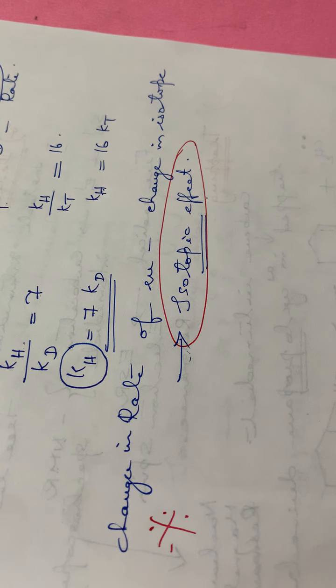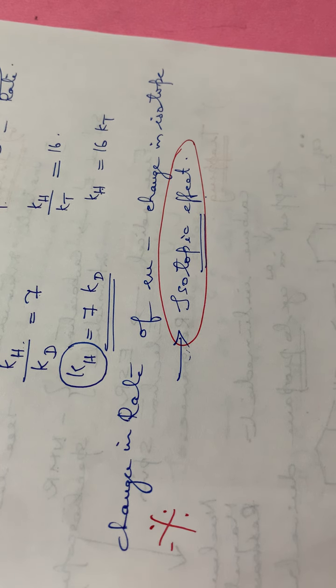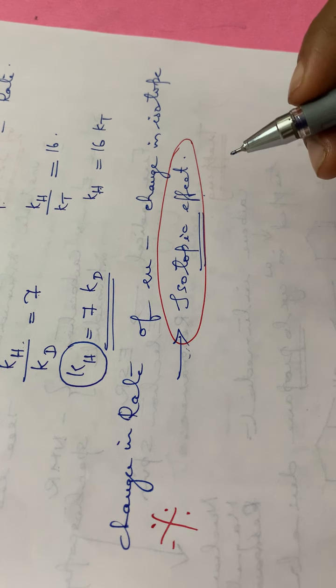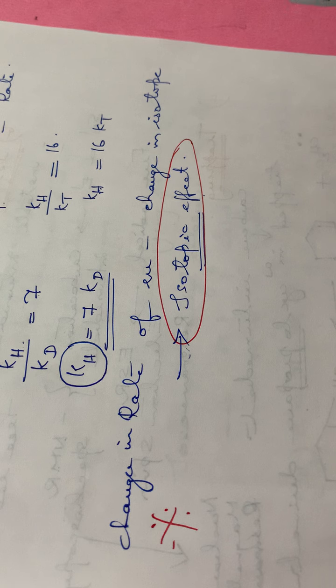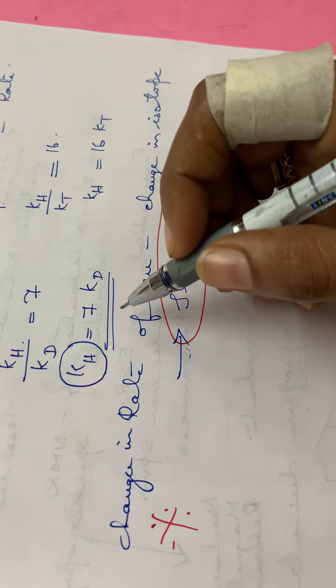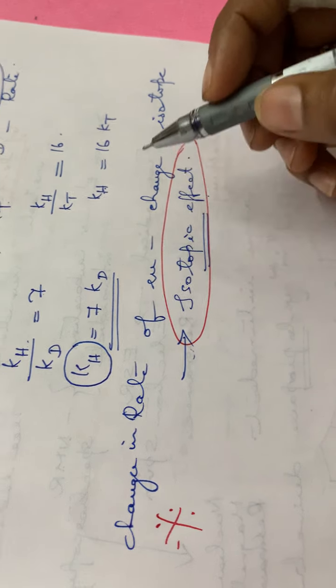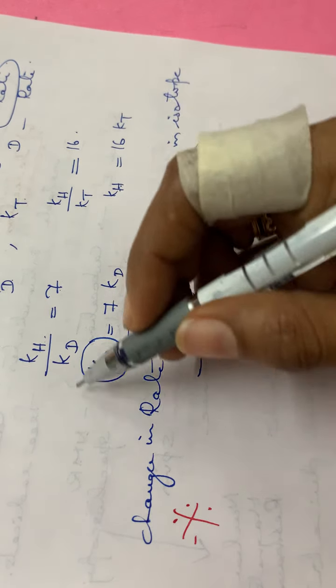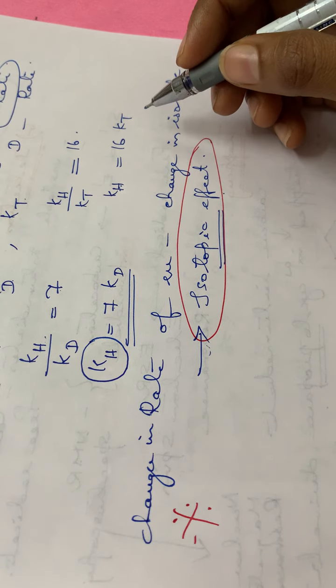And normally, if the first hydrogen atom is replaced by one deuterium or one tritium, it is called the primary isotopic effect. That is, when breaking of the bond which binds the atom or its isotope is the rate determining step, the magnitude will be very high and it is called primary isotopic effect. So this value we can call a primary isotopic effect.